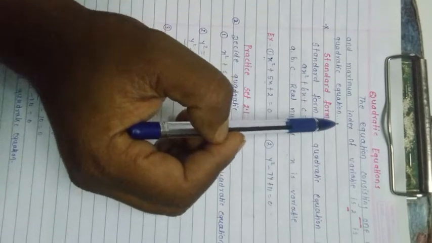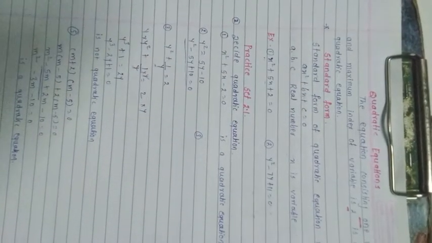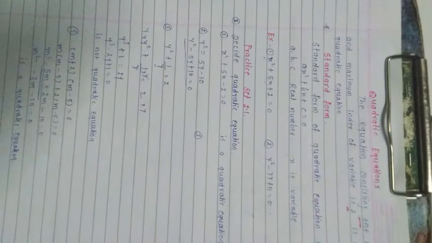The equation consists of only one variable. Now, one variable is also consisting equation in two variable. Only a difference between the quadratic equation and equation in two variable: in quadratic equation, the index of the variable is 2 here. Therefore, the definition of quadratic equation is the equation consisting of one variable and the maximum index of the variable is 2 is called quadratic equation.